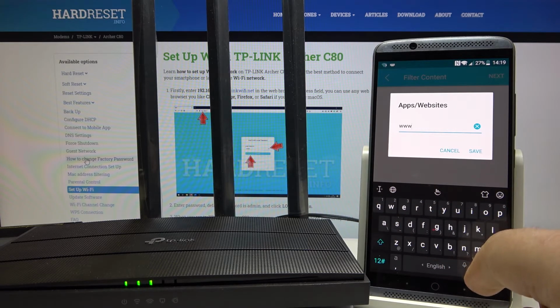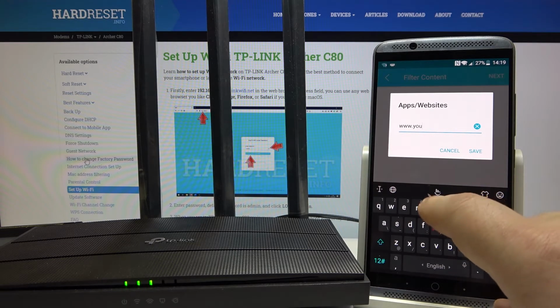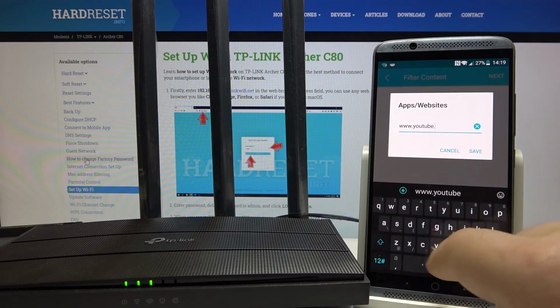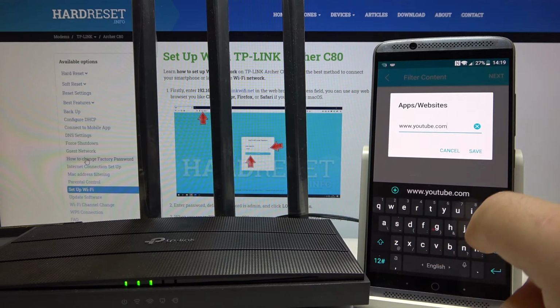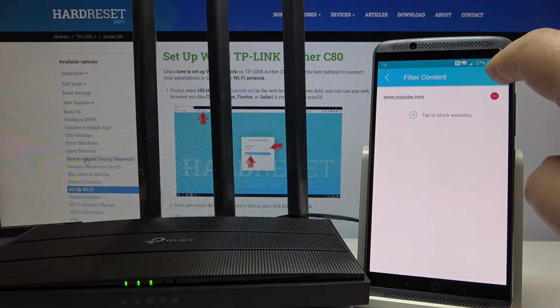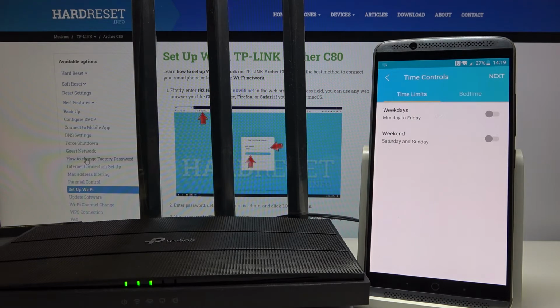www.youtube.com. Click save. OK, and then click next, and there you can set a specific time limit when the site will be blocked,